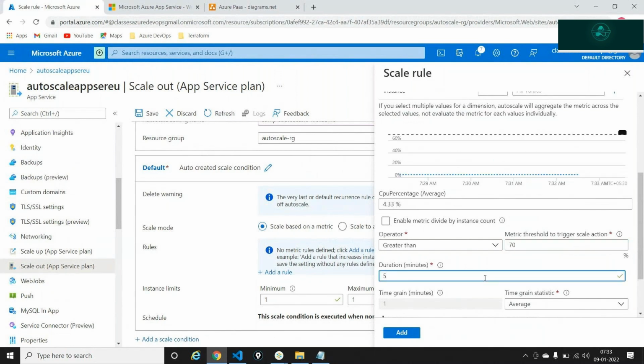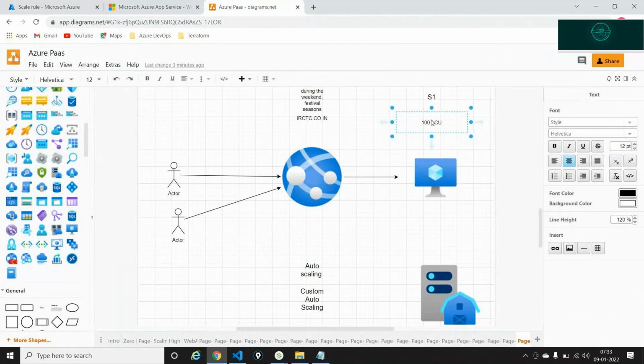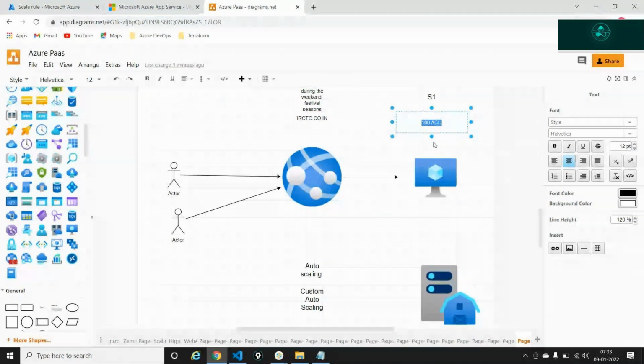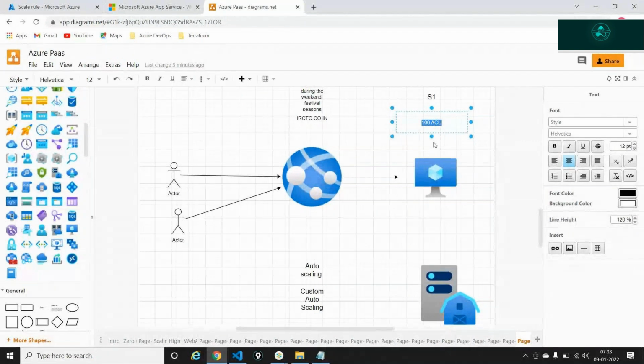So I am telling my plan that if the CPU or the memory utilization in the backend, which is 100 total ACU allocated to me, goes beyond 71, and you observe it consistently for the next 5 minutes,